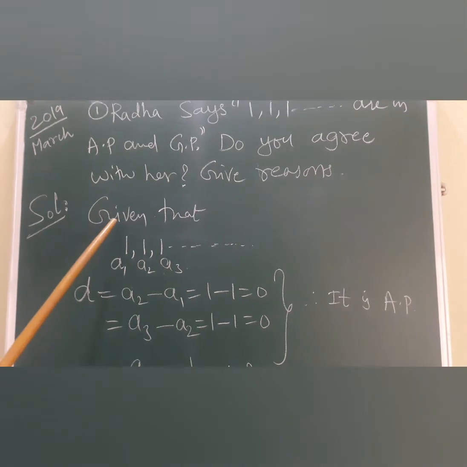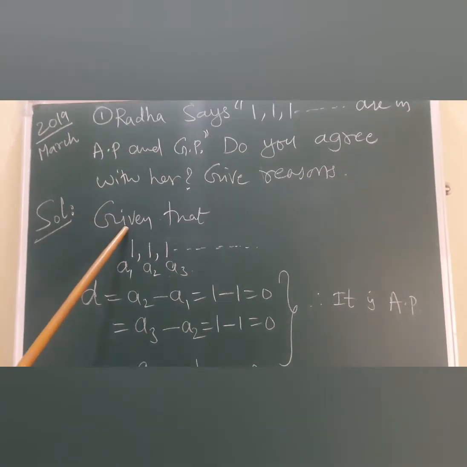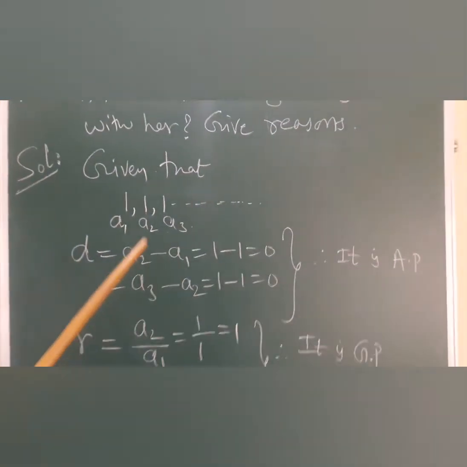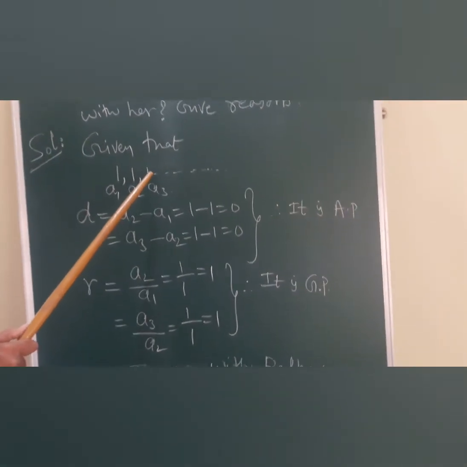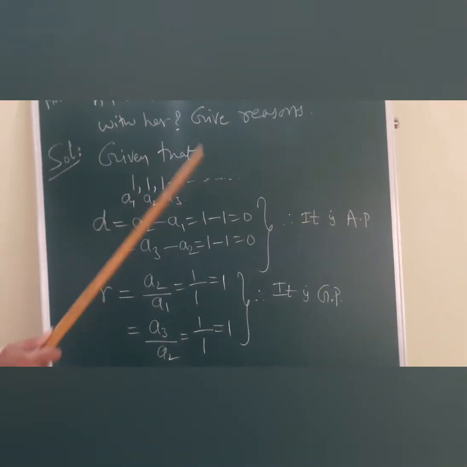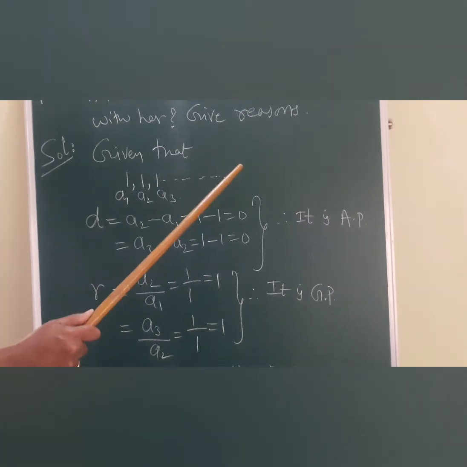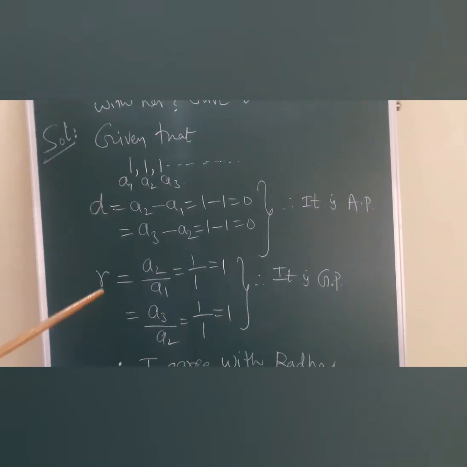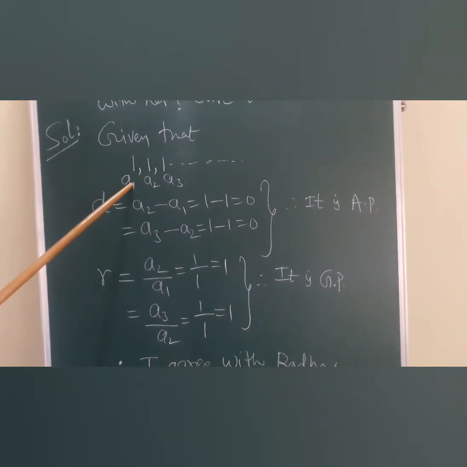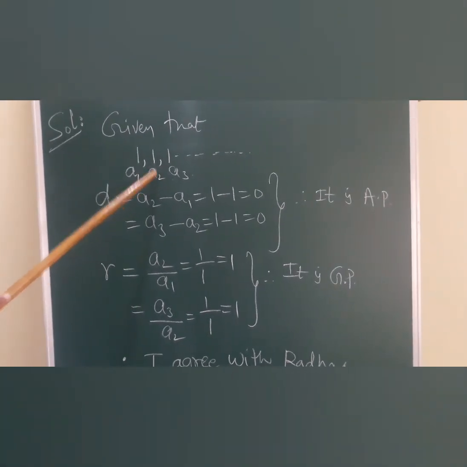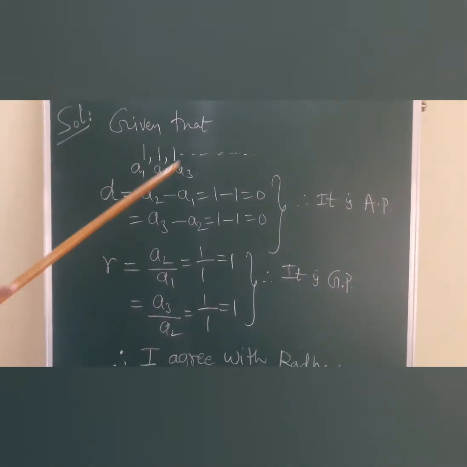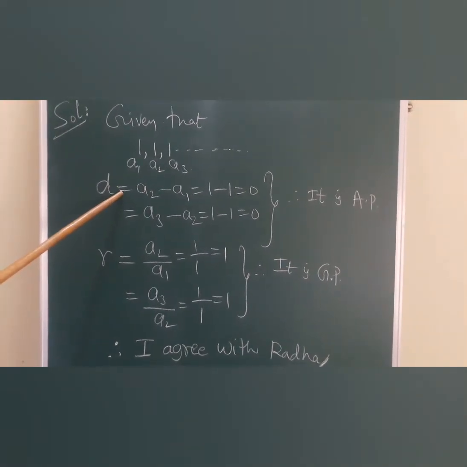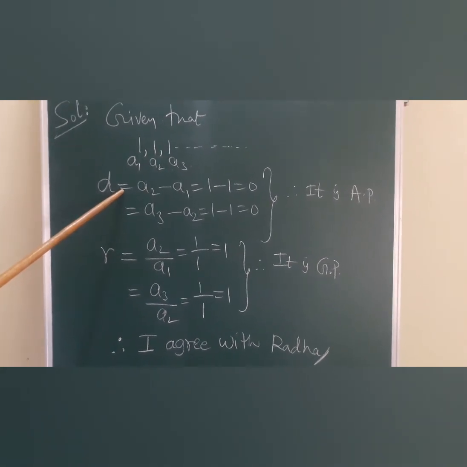Here the given series is 1, 1, 1 and so on. She says that it is in AP and GP. That means we have to verify the common difference and the common ratio. Let us see. Here, the first term is 1, the second term is 1, the third term is 1, and so on. Common difference d is equal to, as already discussed,